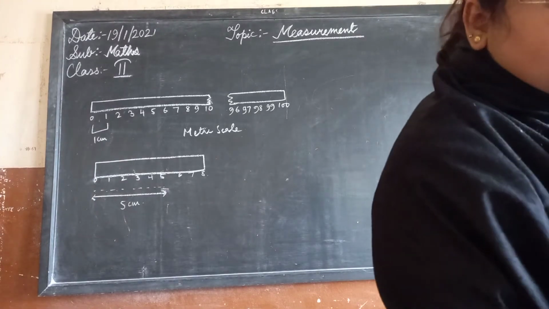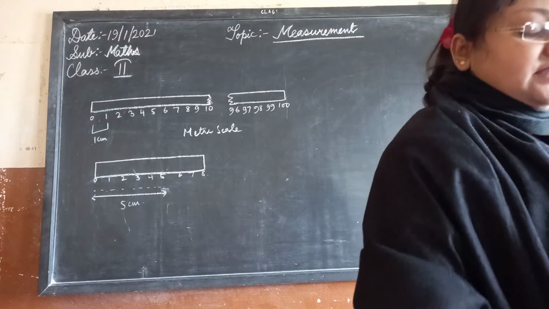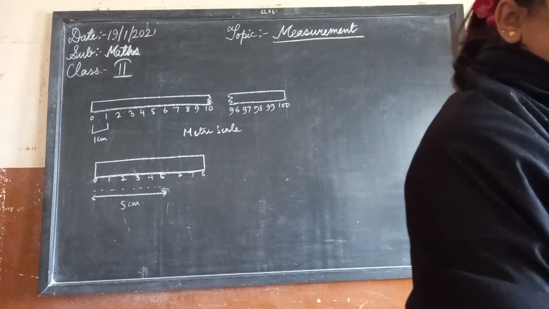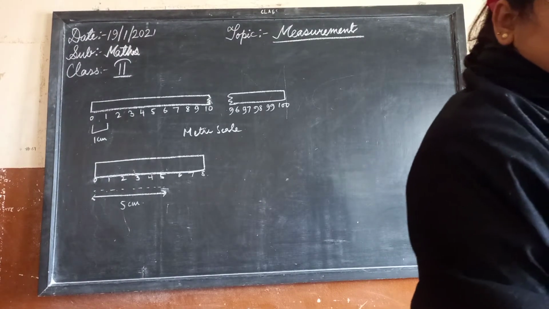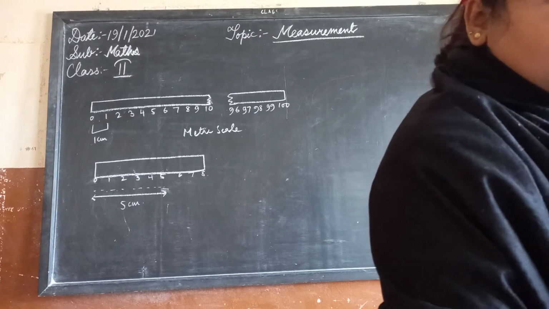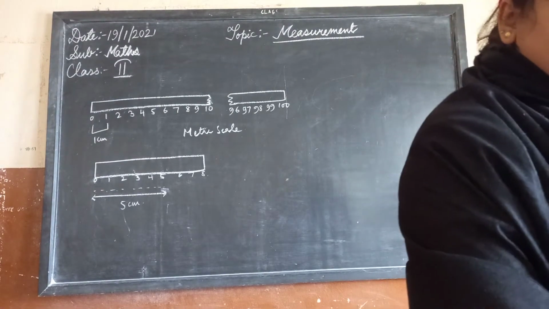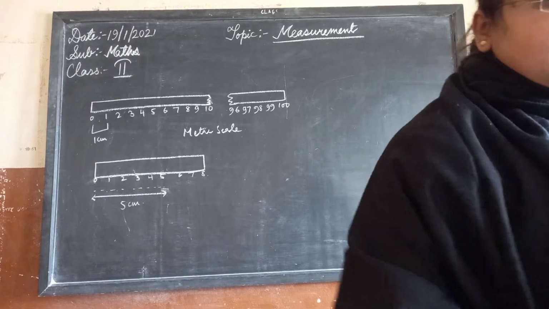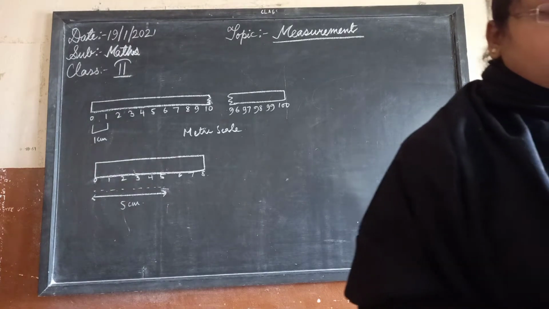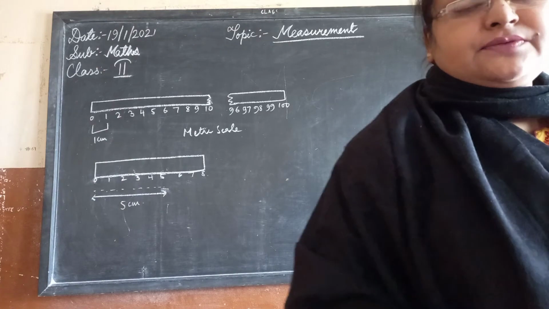Now, measuring weight using non-standard units or standard units. Measuring weight using non-standard units, as different objects have different weights. Fill in the blanks, one is done for you. So an apple weighs as much as 3 cherries. Okay, an apple weighs as much as 3 cherries. Means if we put an apple in the same category as 3 cherries, the weight of the two things will be the same.